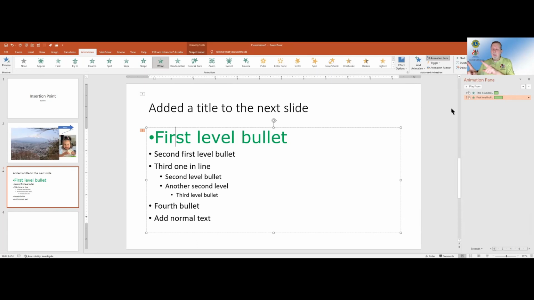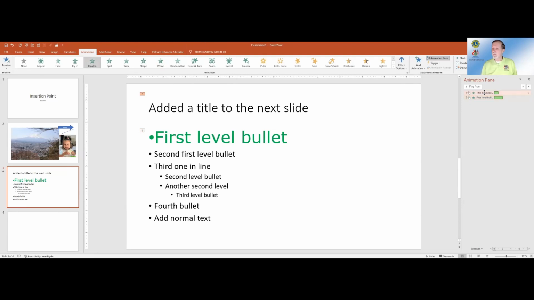And it opens up a pane over there on the right side. And this pane shows the controls for all of your animations on this slide. For instance, the very first animation is number 1. Aha, I see number 1 over here and number 1 over here. So yeah, we're talking about the same one. If I select number 1 and I want to play this, if I want to see what it's going to do, I can click on Play From, and that's exactly what it does.